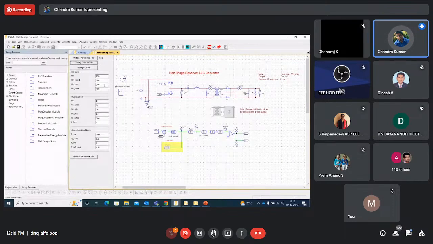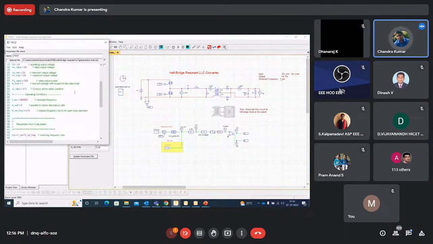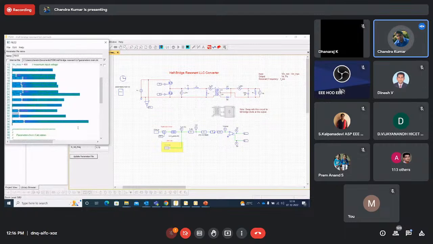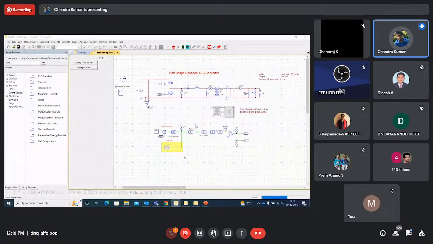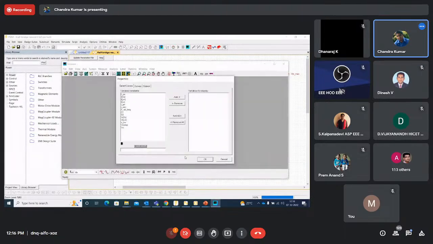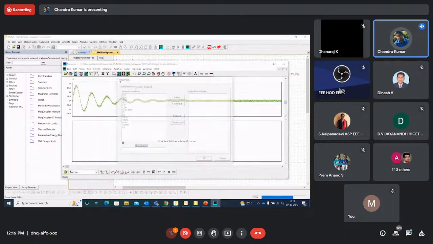So once you calculate here, you're given all the input parameters, output parameters, and the operating condition, update the file, and then you got the updated file. For example, you updated this, okay, you got all the parameters like output parameters, controller parameters, everything is calculated. Now you can quickly run the simulation, and you can look at your output voltage. Output voltage is designed for 24 volts, and you can look at the output power.